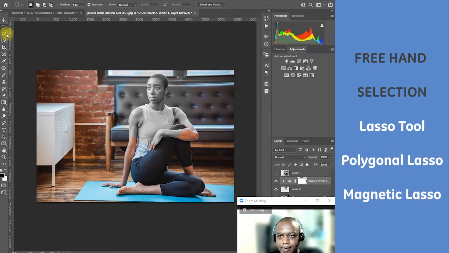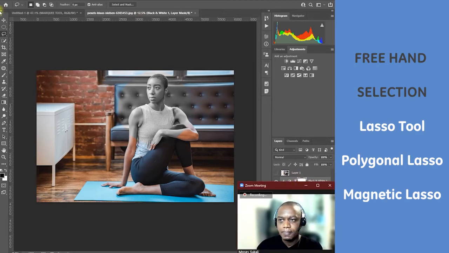So the next tool we have is another set of selection tools. We have a lasso, we have a polygonal, and we have a magnetic tool. So you're going to explore those right away. So I'll use a different image for that. So let me drag in this one. So we'll start with the lasso tool,